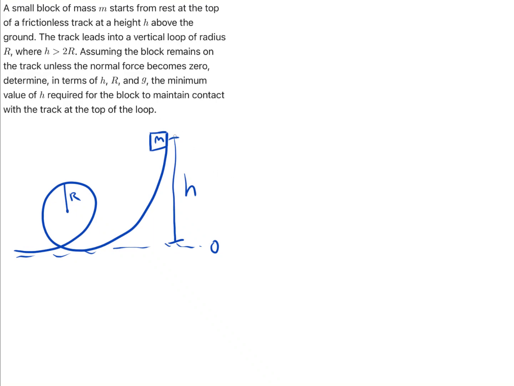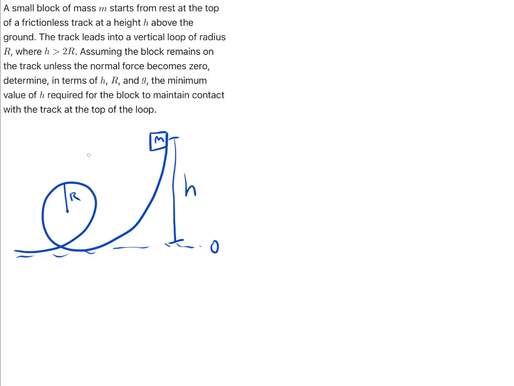A small block of mass m starts from rest at the top of a frictionless track at a height h above the ground. The track leads into a vertical loop of radius r, where h is greater than 2r. So that just means that the block starts higher than the top of the loop. Assuming the block remains on the track unless the normal force becomes 0, determine, in terms of h, r, and